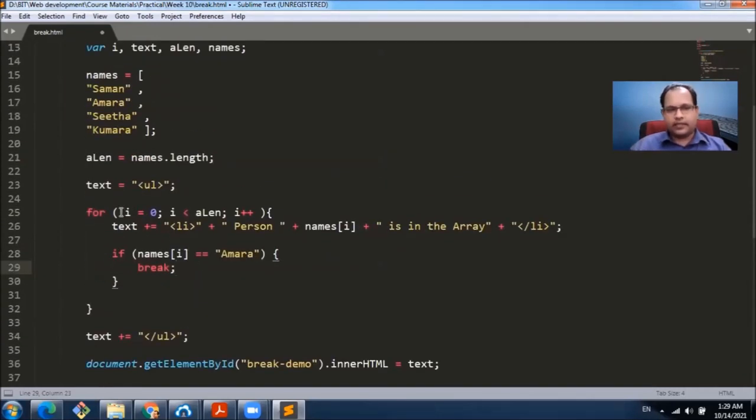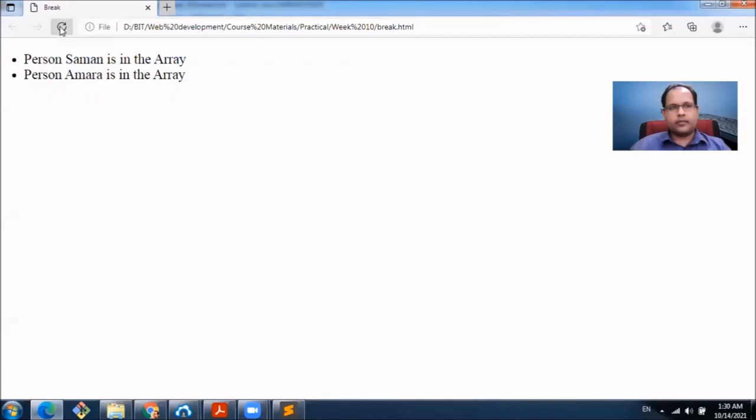What will happen is this loop will run for the first time with I equals 0. Then for the second time for I equals 1, that is for the Amara. And then comes here. At this point, it will break the for loop and go to the rest of the code. Let's try that out. Right, only Saman and Amara are there.